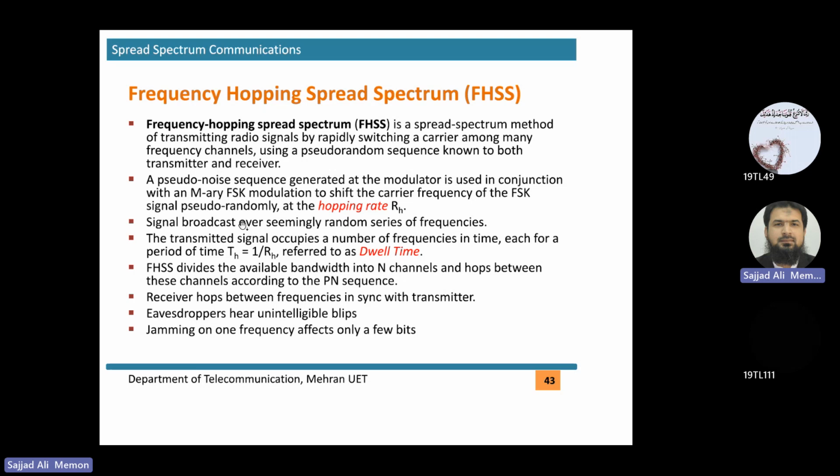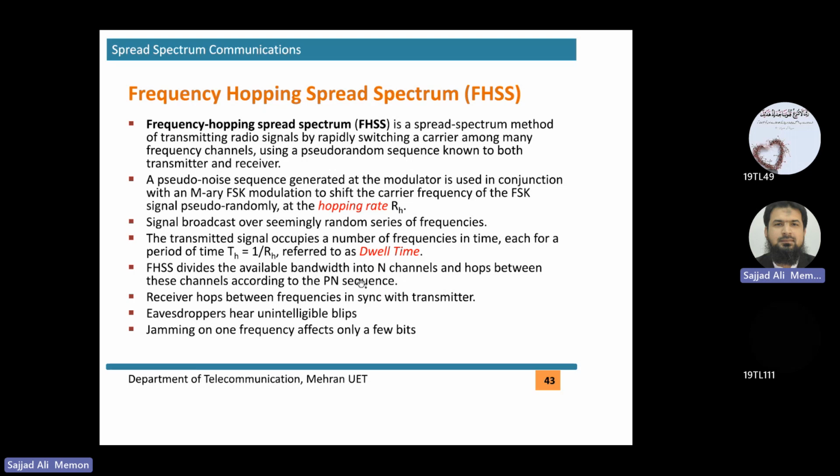The transmitted signal occupies a number of frequencies in time, each for a period of T_H equal to 1 over R_H, referred to as the dwell time. So T_H is your hopping time, that is the dwell time, how much time we spend on a certain frequency. And frequency hopping spread spectrum divides available bandwidth into N channels and hops between these channels according to the PN